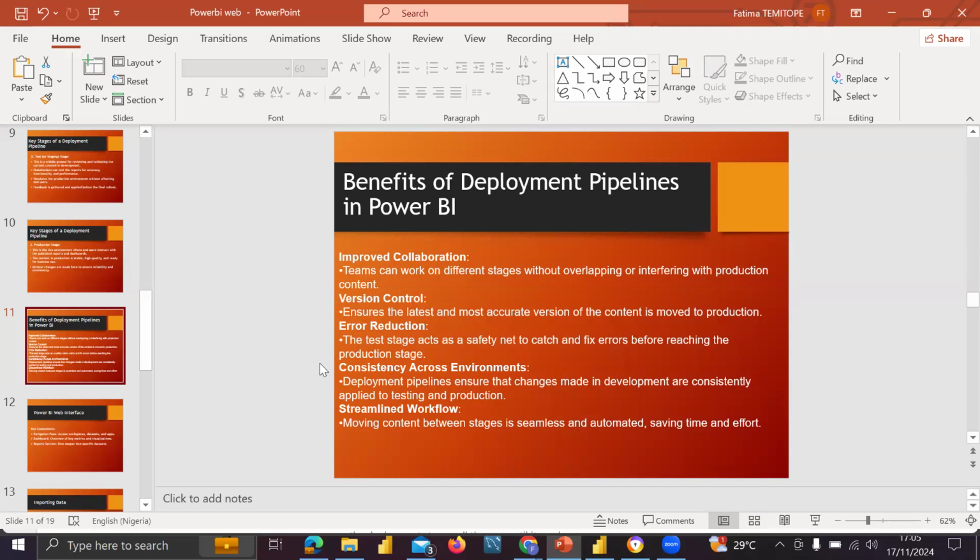Consistency across environments: deployment pipelines ensure that changes made in development are consistently applied to testing and production phases. Streamlined workflow: moving content between stages is seamless and automated, saving time and effort. So that's it for deployment pipeline.